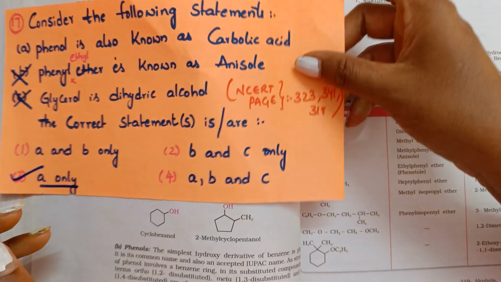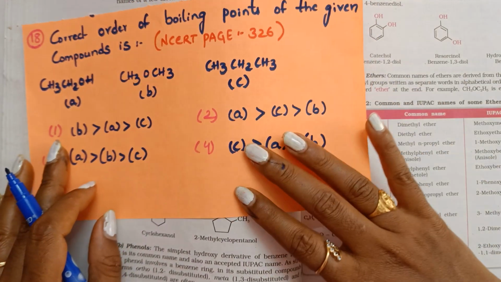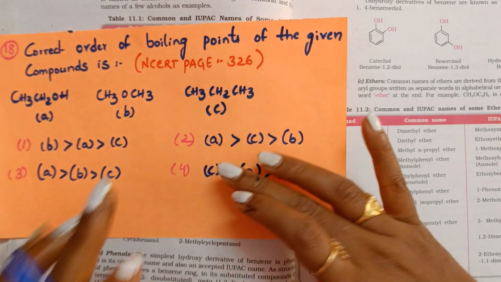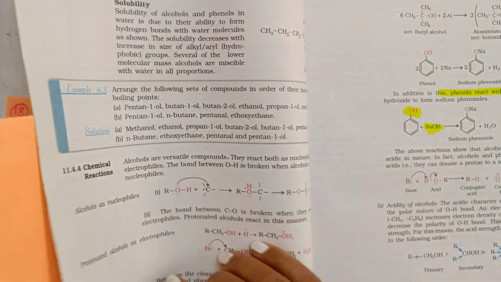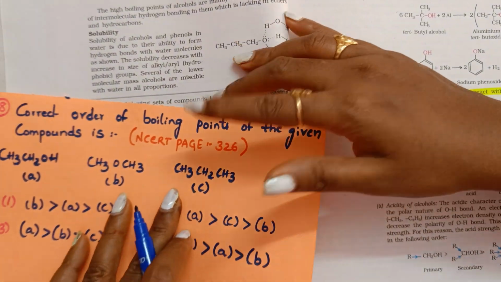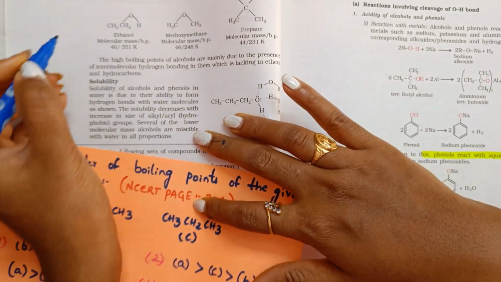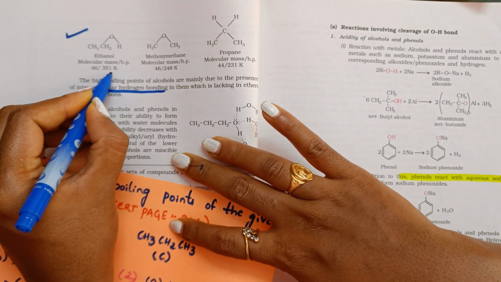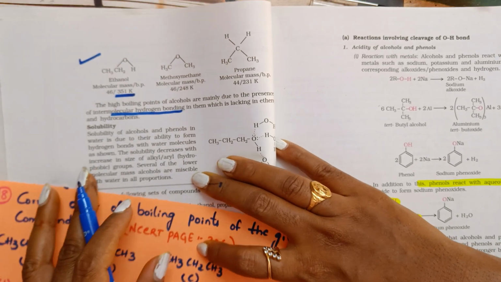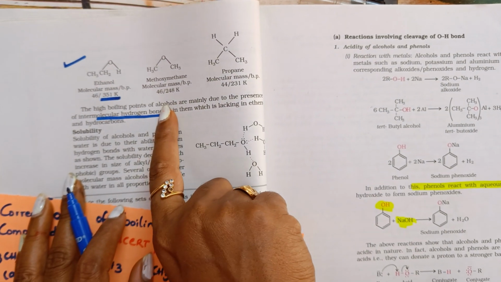Phenol is a carbolic acid. Next question number 18. Correct order of boiling points of the given compounds, page number 326. What happens is alcohols can show hydrogen bonding. So because of the intermolecular hydrogen bonding, they have high boiling points like 351, compared to the ethers and